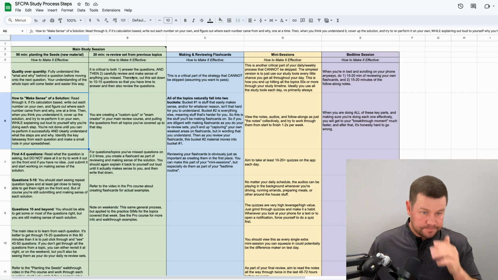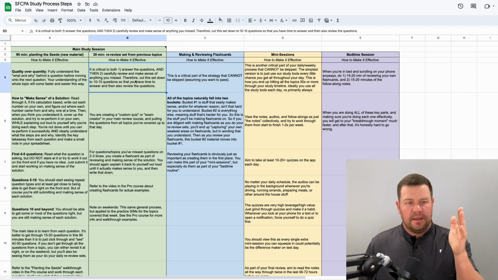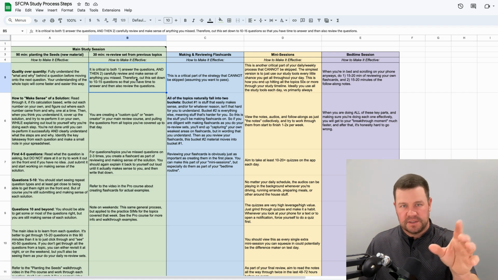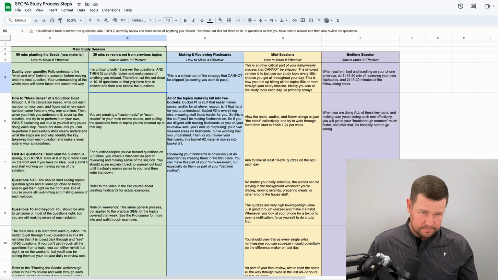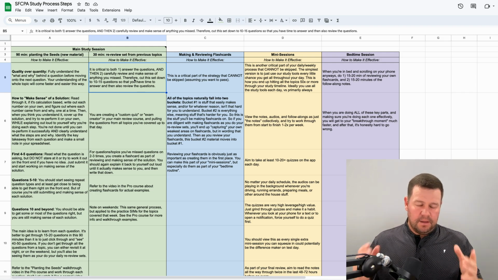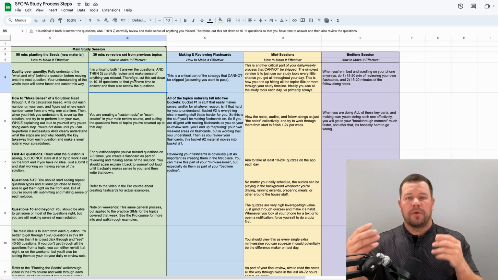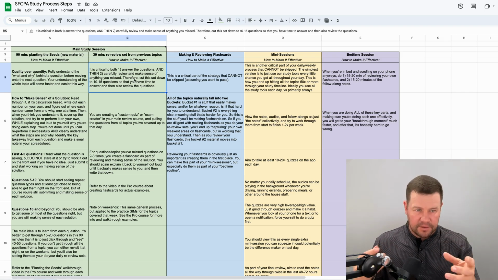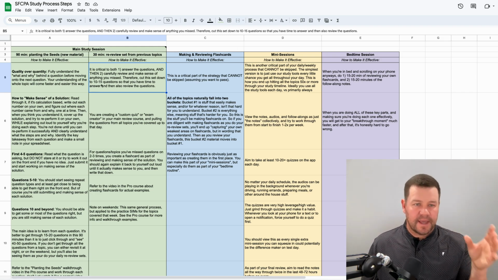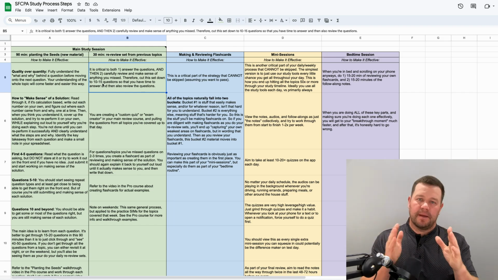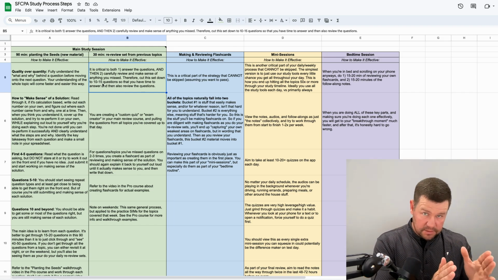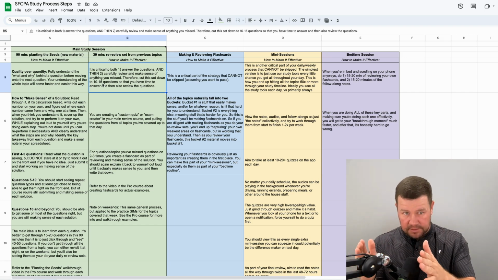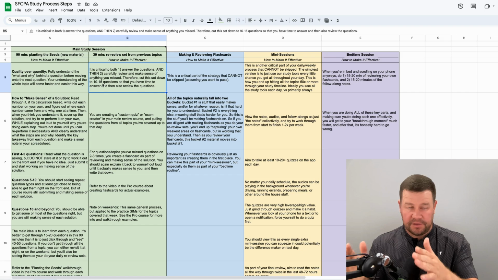So therefore, if you need to cut this down, like in the pro course, it's described as 30 questions for the re-review set. And again, your first few weeks, you'll probably be slower at this as you're learning how to do it. So you can start with 10 to 15 questions so that you have time to both answer the questions and then submit the testlet and carefully review anything you missed.